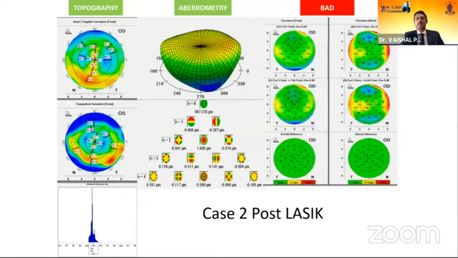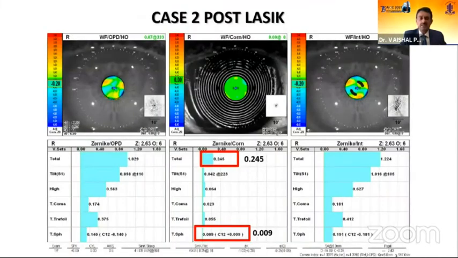The second case is a post-myopic LASIK case where you can see an EKR map with a very good peak. This is a map which shows the central 5 millimeters. It shows quite good regularity, and on the Belin-Ambrosio display, the aberration profile is within limits. So this is a patient where we can